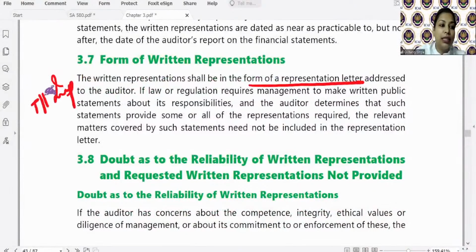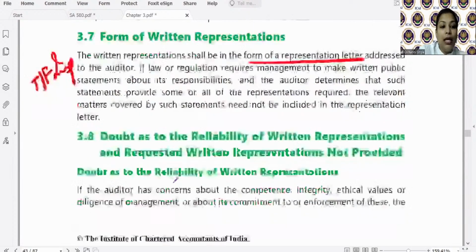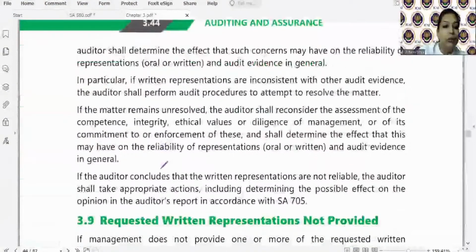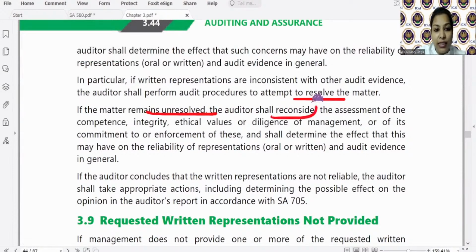Important, true false आ सकता है ना, that written representation shall be sent by the auditor to the management, which is what? False. By management to auditor जाता है ना. Doubt है तो क्या करें? Attempt to resolve the matter. नहीं कर पा रहे हो तो reconsider करो, नहीं तो consider करो effect on the reliability of written representation. अगर conclude कर लेते हो कि not reliable है तो